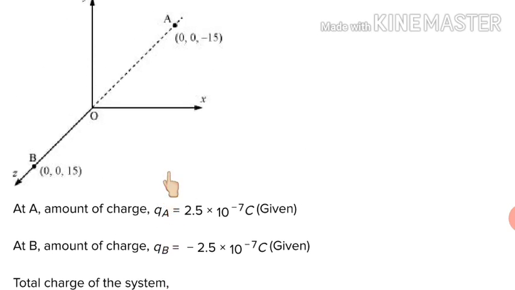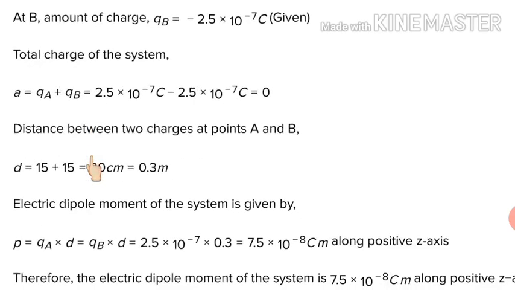Now we are supposed to calculate the dipole moment. We know this thing, what is dipole moment? It is the product of charge and the distance between them. And what will be the distance between them? If this is 15, this is also 15, so 15 plus 15 gives us 30 centimeter. So the distance between them is 30 centimeter, and when you convert into meter, it will be 0.3 meter. So what will be the dipole moment? The dipole moment will be the product of either of the charges and the distance between them. So that's why we have written over here 2.5 into 10 to the power minus 7 into 0.3. So this will